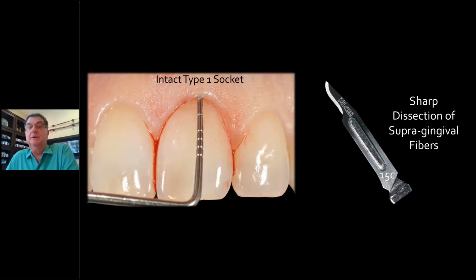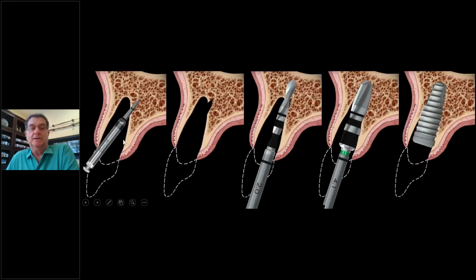And there's the big problem on the palate. Now the buccal plate is intact. Now here's the real key, and certainly Abdul showed this rather well, but I want to emphasize this. You cannot slide off that palatal wall. I love the fact that you showed it keeps sliding. You have to start with a sharp dissection burr, and that's the only burr that aims out the buccal, and it perforates about 2/3 up the palatal socket.